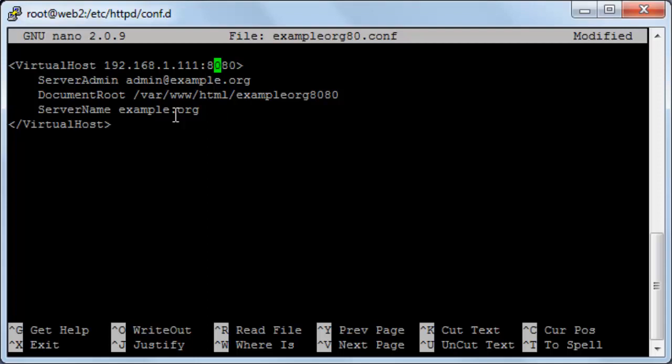So now I'll save the file, but before saving there is a small note, that in here you can remove the IP and just add a star. For example, if you just make it like this, star and then 8080, it will be acceptable. And this is done if the website doesn't have a static IP, but in our case I will make it with the IP number, and then I will save